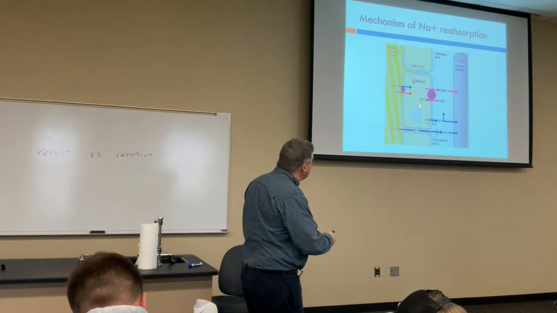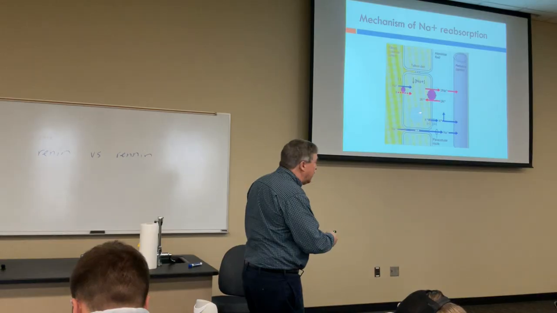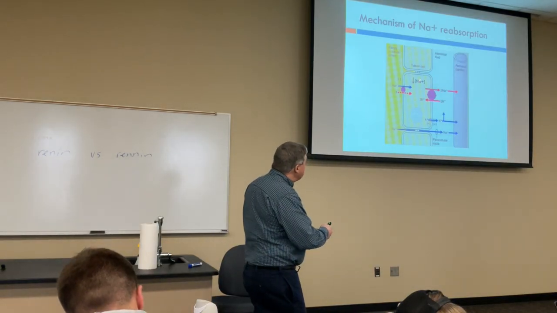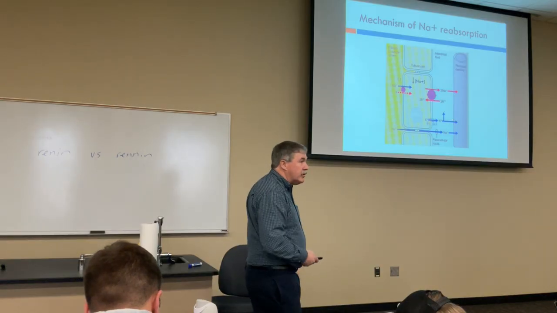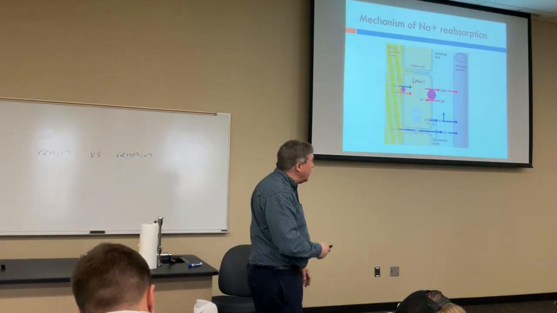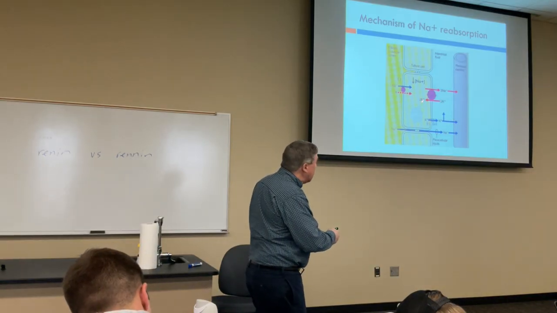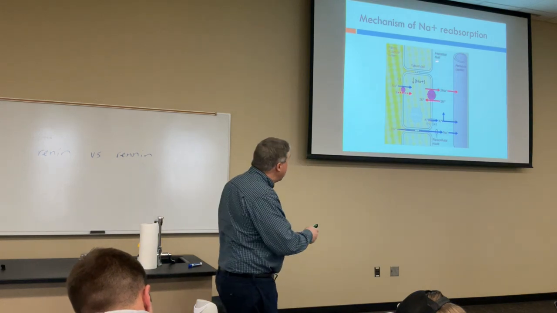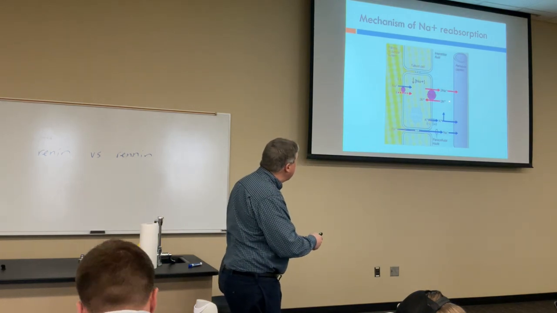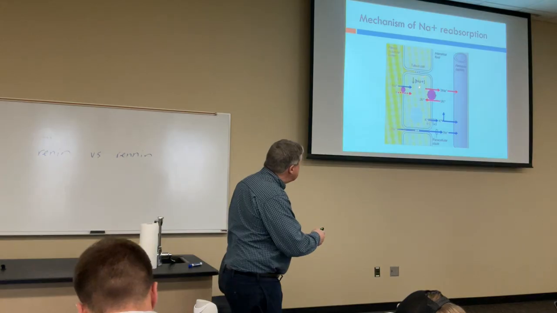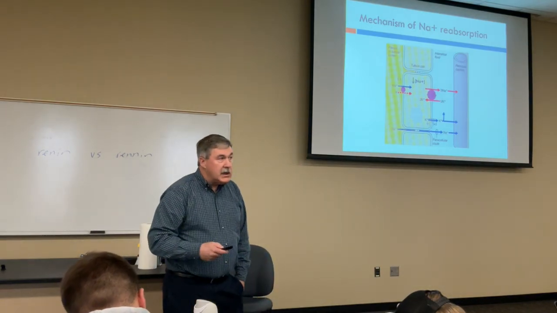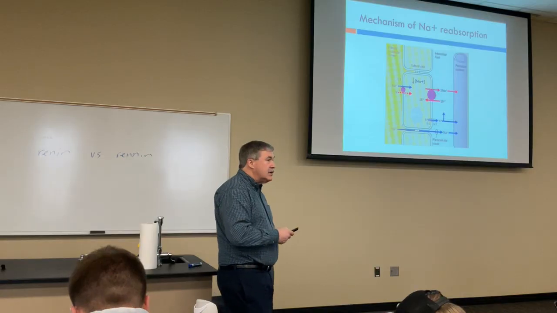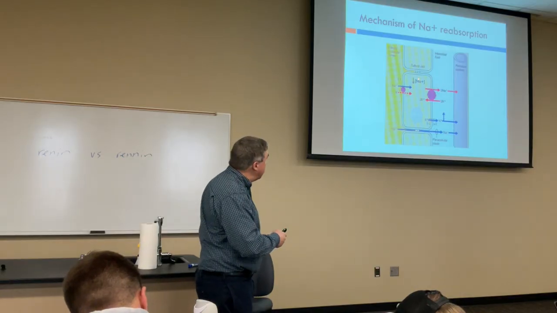So you have a very low concentration of sodium in here, because sodium is constantly being pumped out into the interstitial fluid. So you have a sodium gradient between the intracellular fluid and the extracellular fluid out here. All right. So since the concentration of sodium is very low inside those cells,